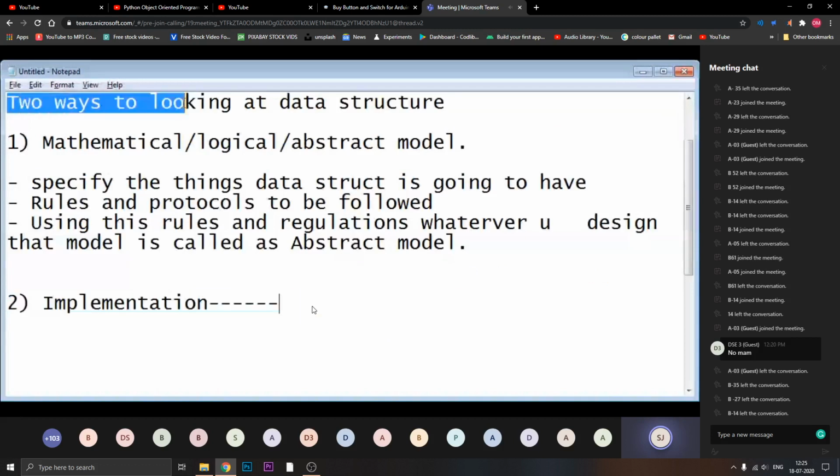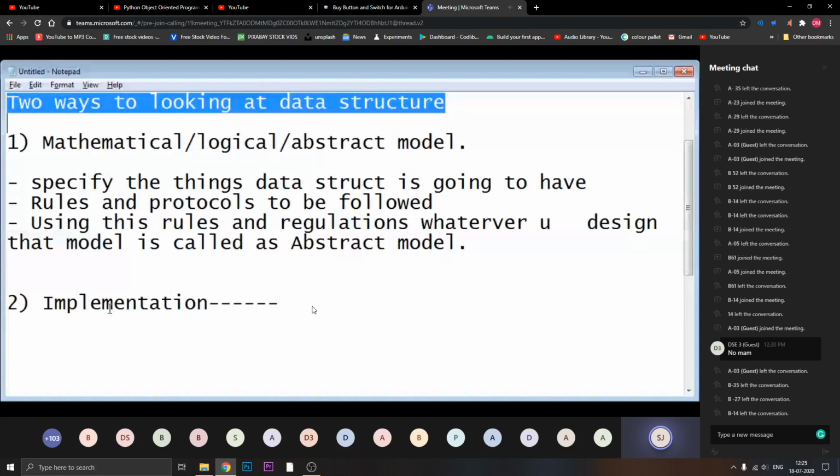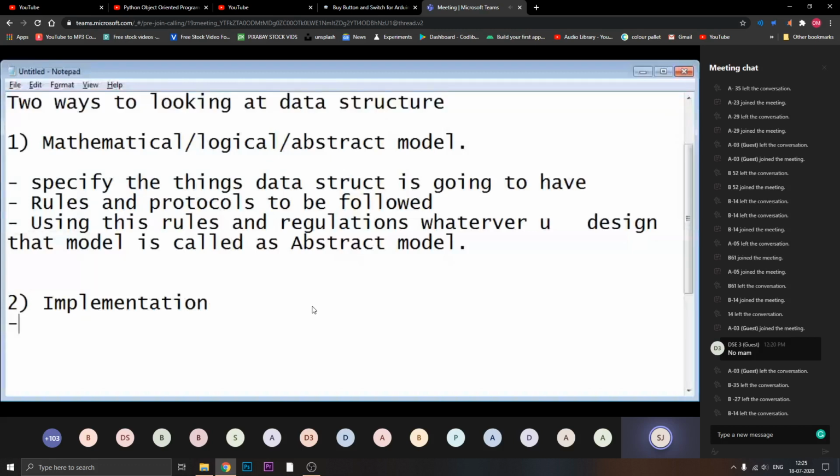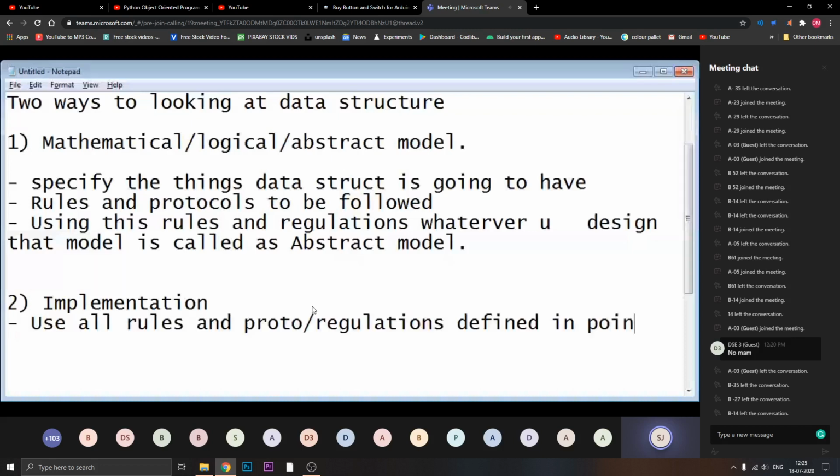So whenever I am doing implementation, the second point is: use all the rules, regulations and protocols defined in point 1 and implement it in a programming language. Okay, this is the description of your second part.